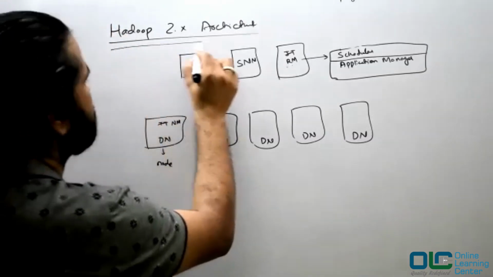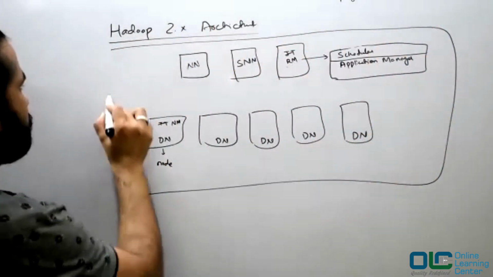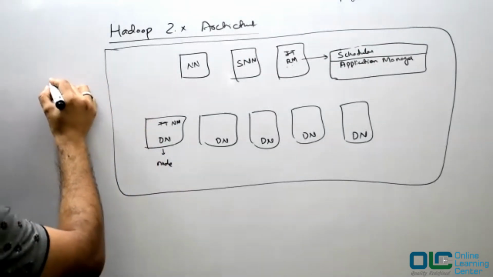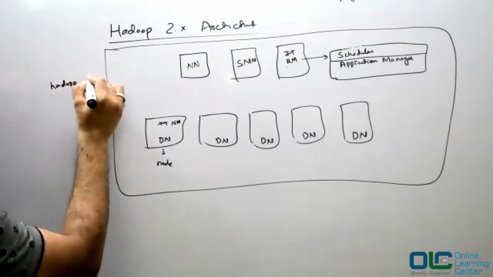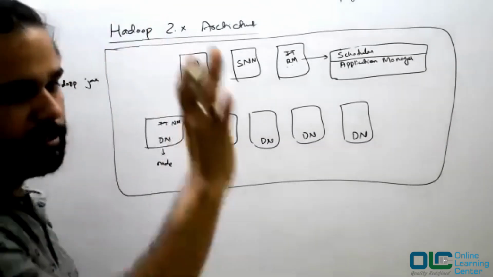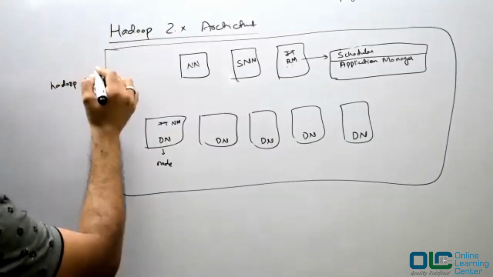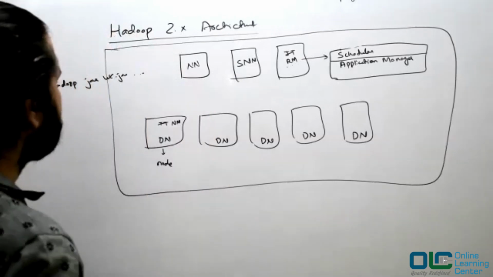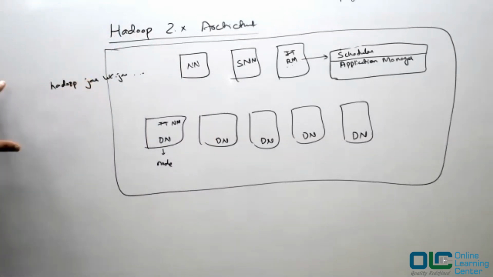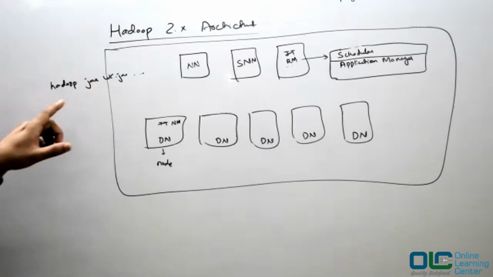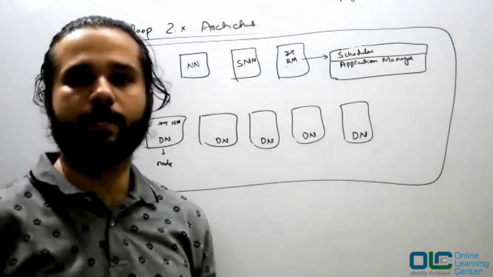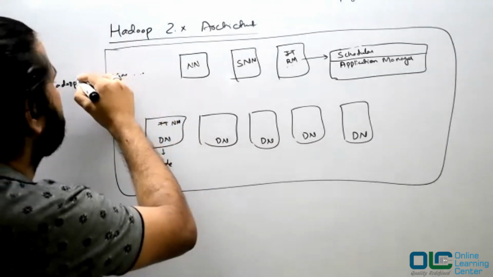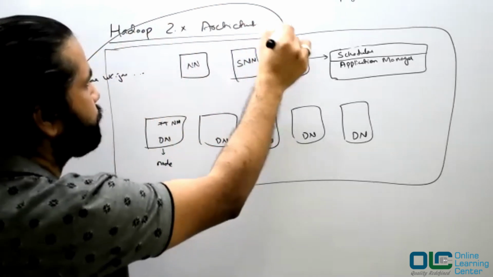So what happens is a user wants to submit a job. So this is your Hadoop cluster. And now you want to submit a job. So what you'll do, you'll write Hadoop jar command. Don't worry about the complete syntax. We will learn them later. Hadoop jar word count dot jar and some other parameters. We'll study that later. So the user submitted a job called word count dot jar, right? And this job would be submitted to your resource manager.